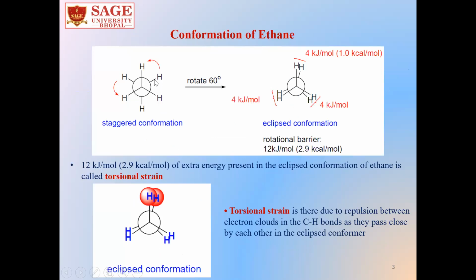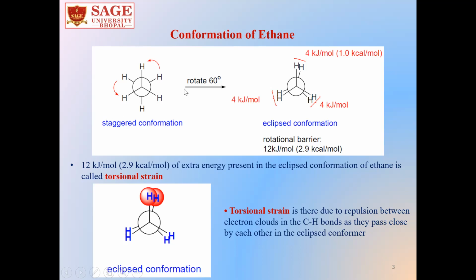Here we can see the hydrogen atom from the front carbon and the hydrogen atom of the back carbon, the angle between these two is 60 degrees, and